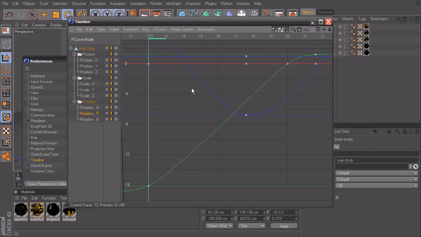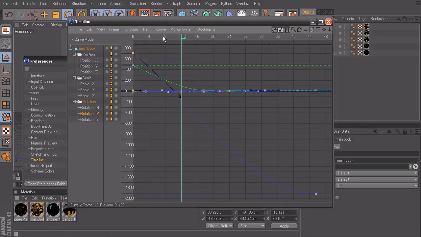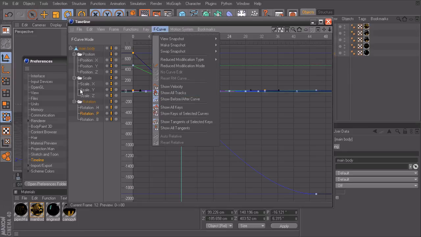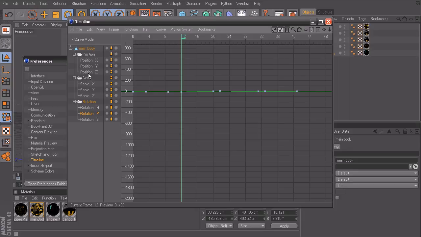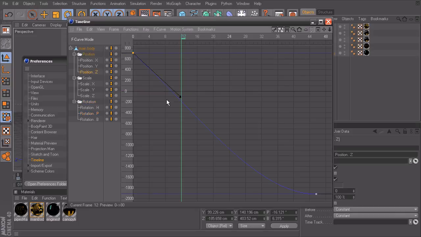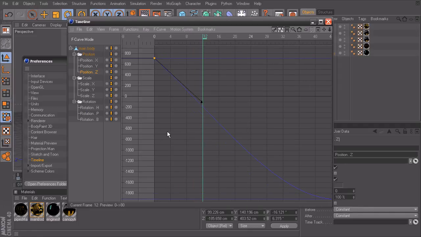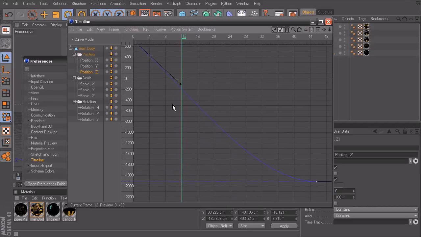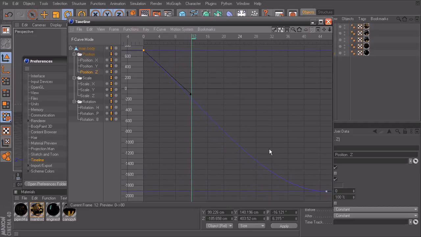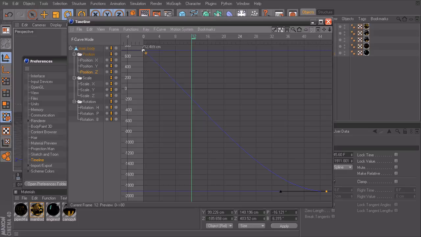With it turned on, we're going to be able to see all of our F-curves, but right now we just want to focus on a selected track. So I'll go ahead and make sure that's turned off, and I'll go ahead and choose the position Z track to view its animation. So this is our F-curve. We'll go ahead and explain exactly what this is again in lessons to come, but for right now, let's go ahead and just discuss our min and max range. So these dots, these represent our keyframes. And what's nice is that if we want